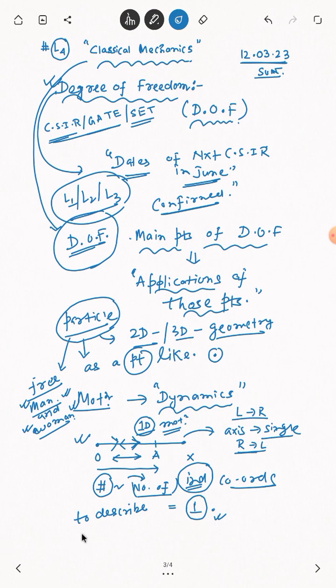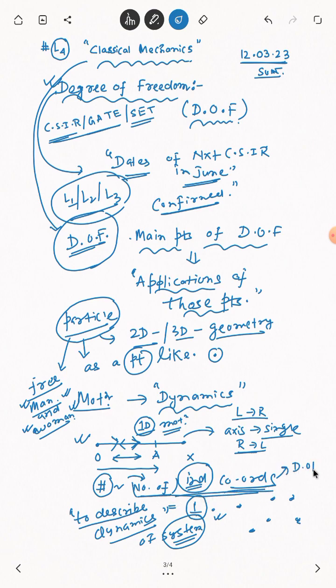So এই জটিলতার দিকে আমরা যাব না, আমরা কি করব, to describe dynamics, that means motion of a system. Why is it system? Because we have say 5 to 6 particles. So that is why it is called system. System বলা হবে কারণ এখানে একাধিক পার্টিকেল আসতেও পারে। সো এর মোশন যখন ডিসকাস করছি, সেটাকে ডিসকাস করতে যে কটা নাম্বার অফ ইন্ডিপেন্ডেন্ট কোঅর্ডিনেটস রিকোয়ার্ড, দ্যাট ইজ ডিগ্রি অফ ফ্রিডম।